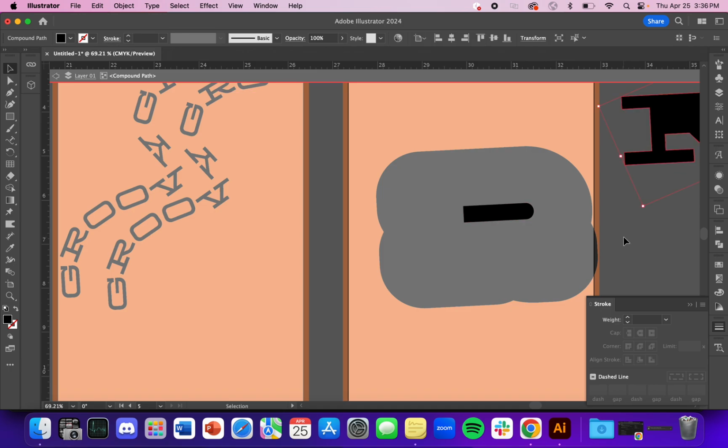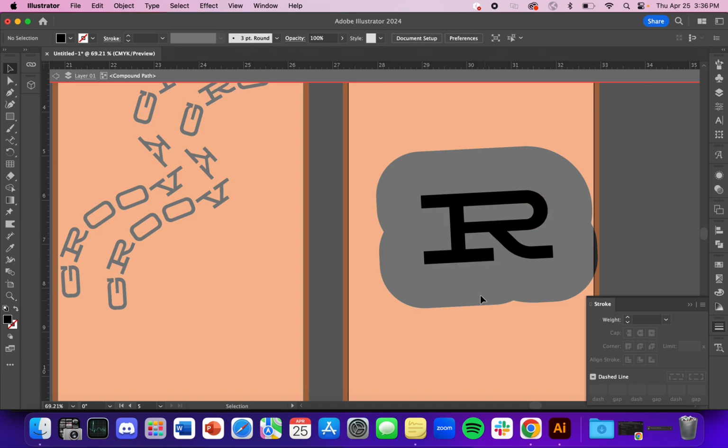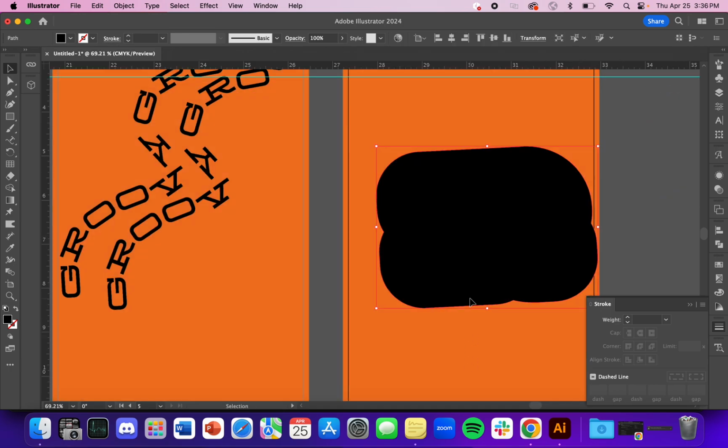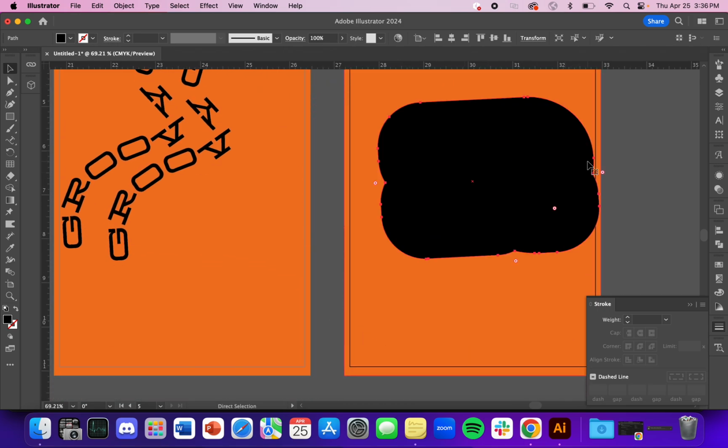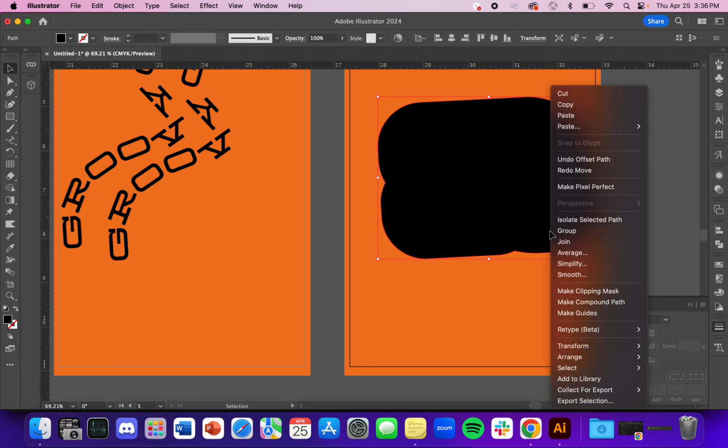So again, it's creating that extra shape around it in the shape of your letter. So again, it's taking the exact characteristics